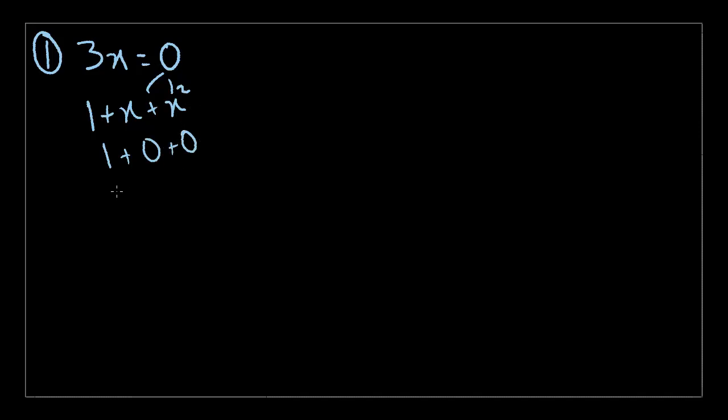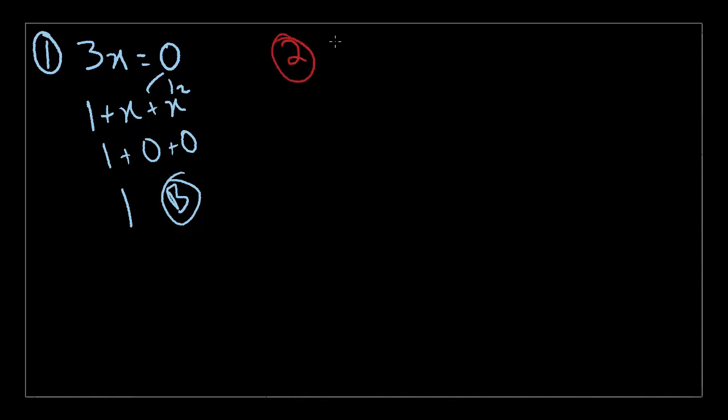So anyways, let's get started on number 1. If 3x equals 0, what is the value of 1 plus x squared? So let's quickly write this out. Well, let's just plug the 0 into these two. So we get 1 plus 0 plus 0, because x squared is also 0. That just gives us 1. And that's choice B. So simple enough. It was just the first problem. There's more coming. So let's move on to number 2,